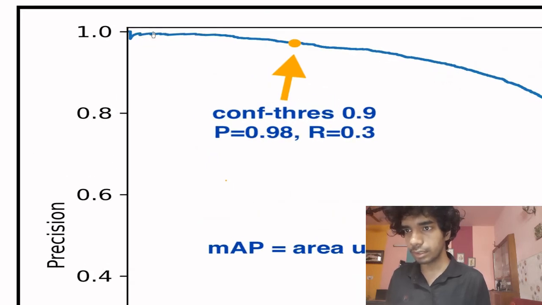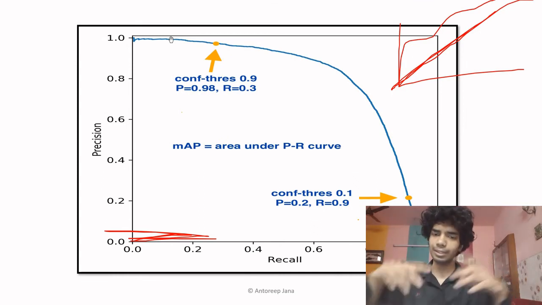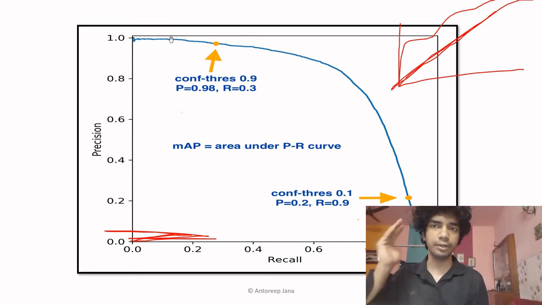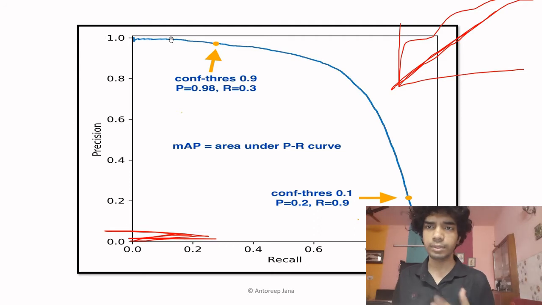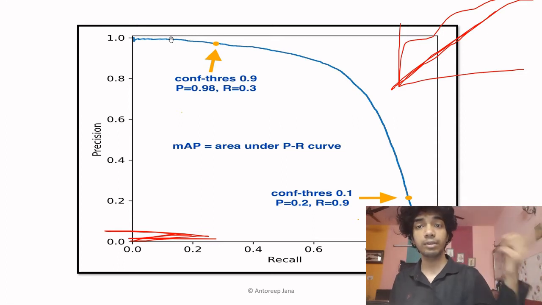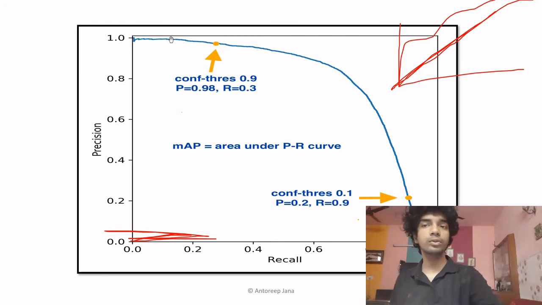What is this? This is the plotting. So why is this a zigzag? First, what is a precision recall curve? What is the ROC curve? The ROC curve had TPR and FPR. What is TPR? True positive rate. True positive by true positive plus false negative. What is FPR? FP by FP plus true negative. So you are taking into consideration true positive, false negative, and everything, true negative, right? But what is precision?